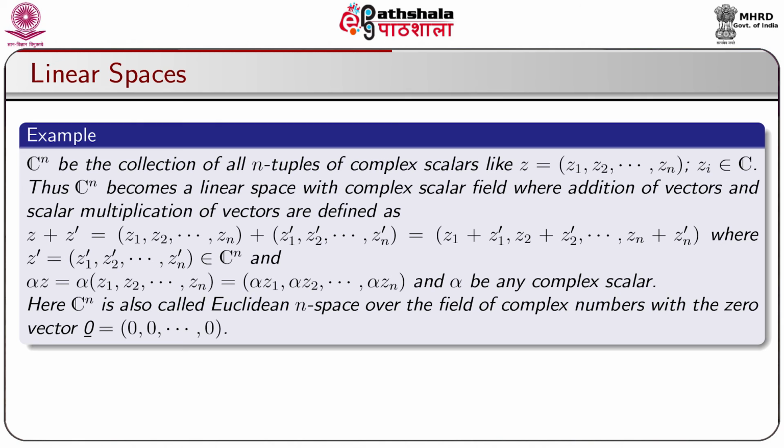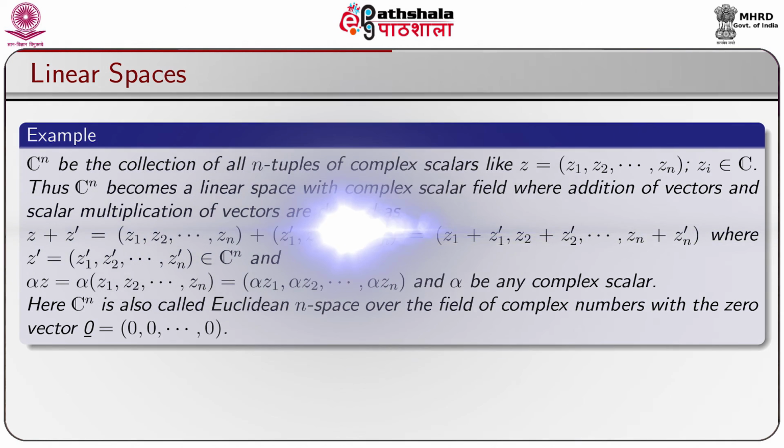Now, we shall encounter another example of a vector space. Let Cn be the collection of all n-tuples of complex scalars, like z = (z1, z2, ..., zn), where zi belongs to C. The symbol z is used because z is an element of the complex numbers. Thus, Cn becomes a linear space with the complex scalar field, where addition of vectors and scalar multiplication of vectors are